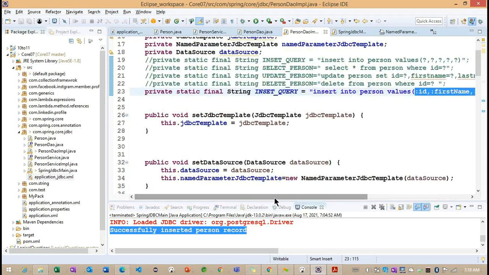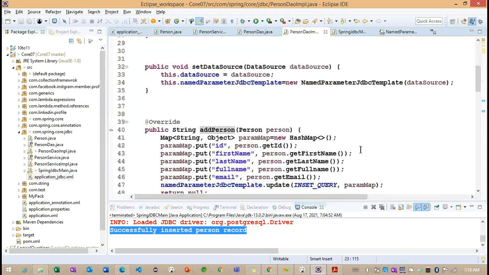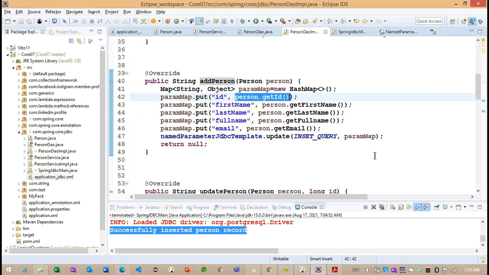Those properties we can create as a map and set as a key, and the value we are going to get from the particular object here. Getting the point? So this is all about the named parameter JDBC template.